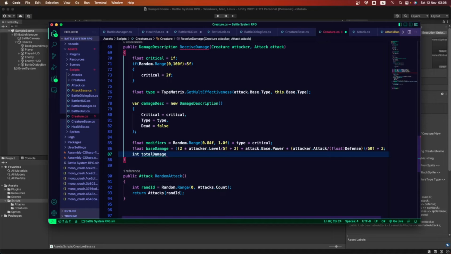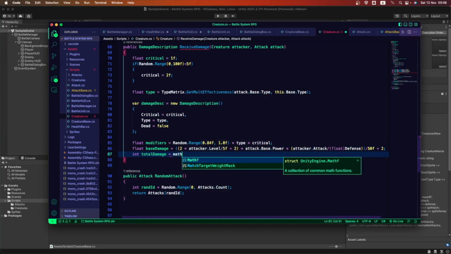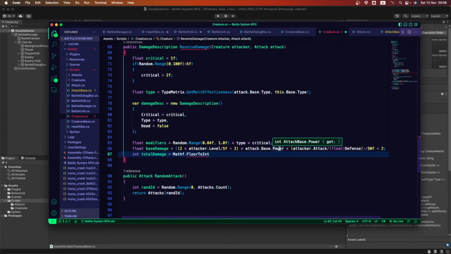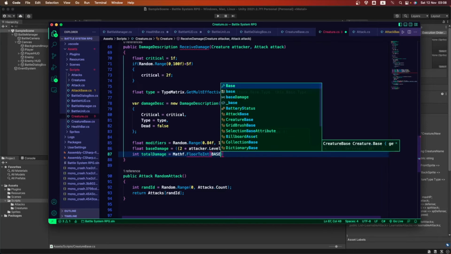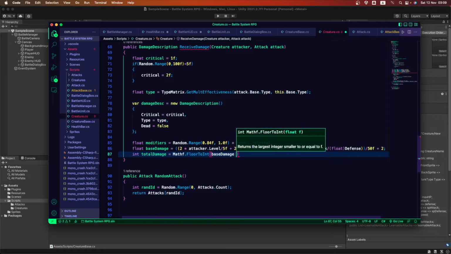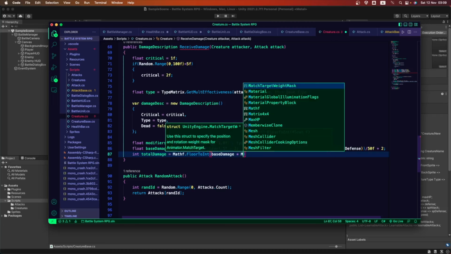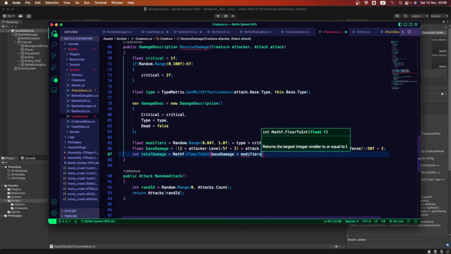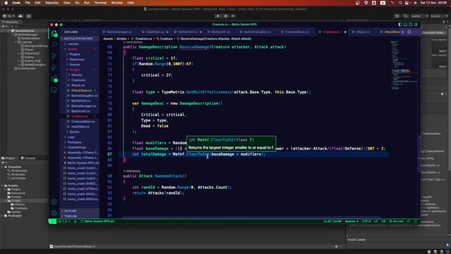This int called total damage is going to be equal to Mathf.FloorToInt. So what is this method FloorToInt? Whatever value we get from the base damage multiplied by the modifiers, whatever value we get between these two numbers, let's say, for example, we get a 2.35.